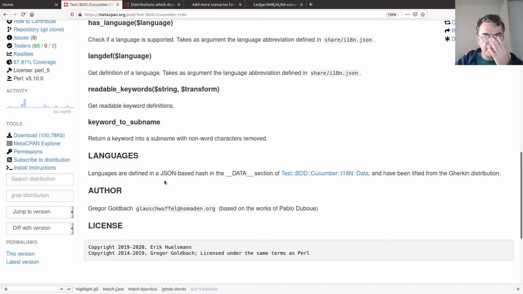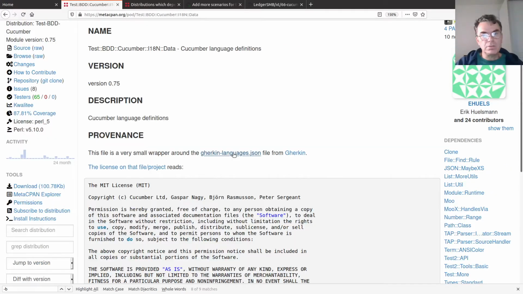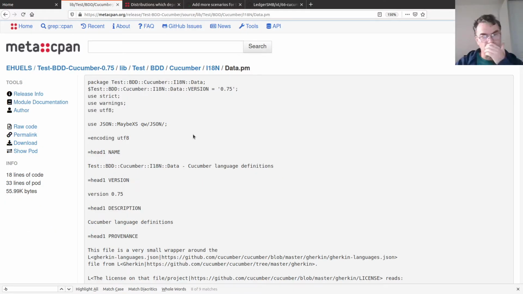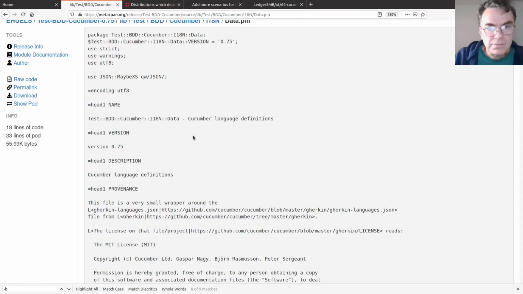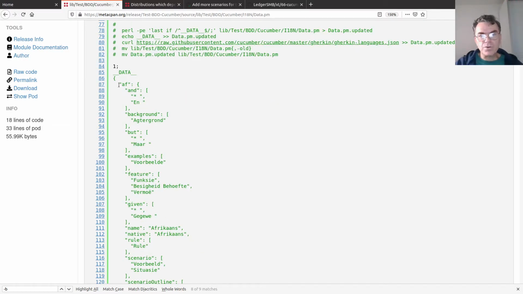Languages are defined in a JSON-based hash in the data section of this module. Okay. So it's in this module, MIT license. And then we can check the source code of this module. Actually, I have it on my disk because I have a clone of the repository. And here we have the versions. So that's the,